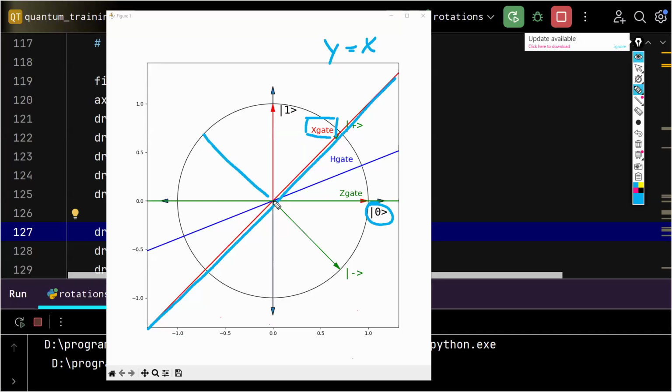But also what we could see is that the minus plus would turn into a regular minus. And the actual equilibrium state, which would be our plus state,